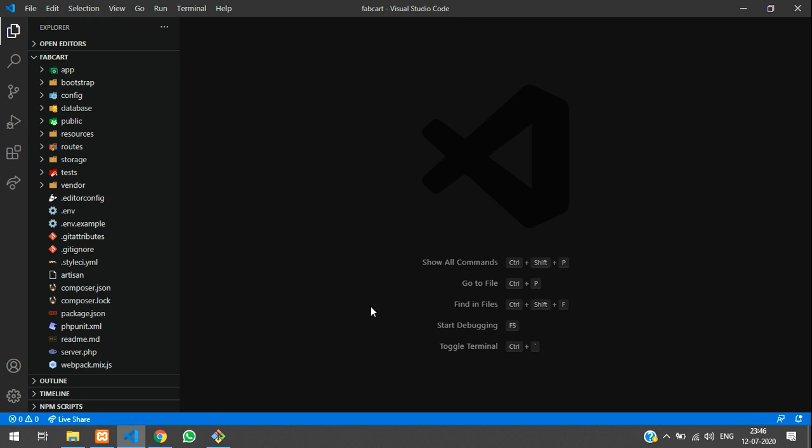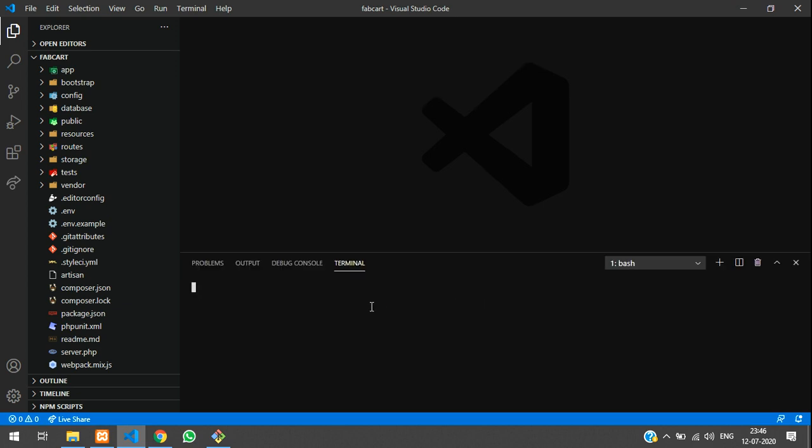Now we will press Control tilde and open your terminal, and guys, let us first create a middleware. So for that, php artisan make:middleware, and create the middleware name, I'll call it AdminMiddleware.